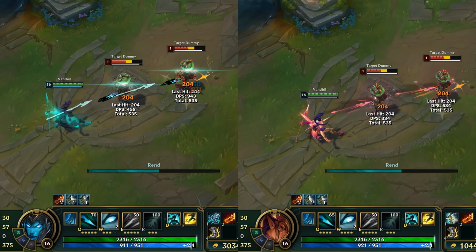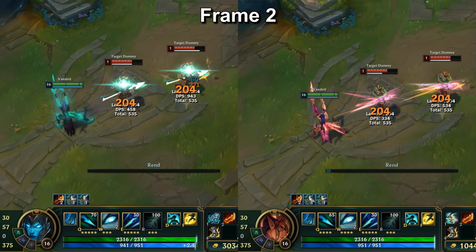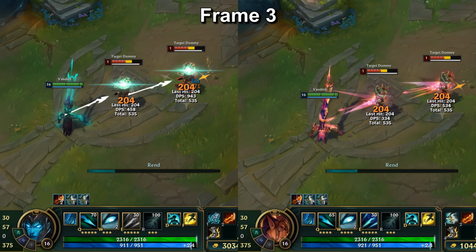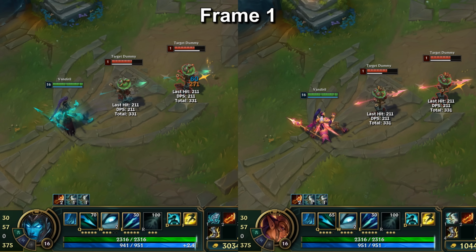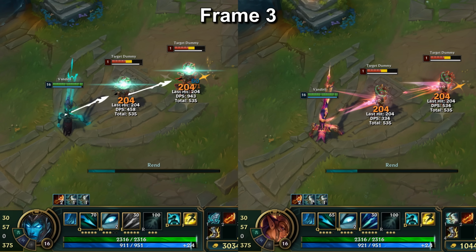skin. Here you can see a comparison going frame by frame. The animations, the damage numbers, and the damage itself match perfectly to the frame. Sure, the Rend bar is slightly off, but I honestly wouldn't pay attention to it since everything else matched, so I personally believe skin wasn't a problem here.